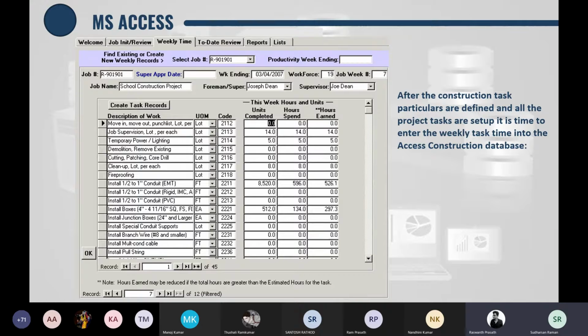Each week the data will be collected, and you can make a summarized report at the last. After the construction tasks are defined, we will be entering the weekly task into the Access construction database.